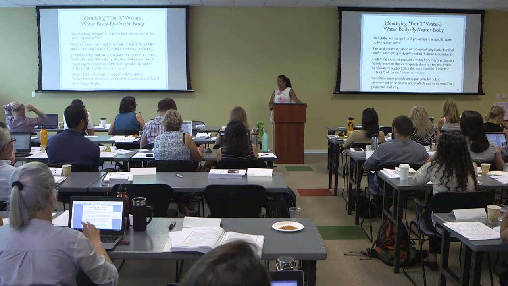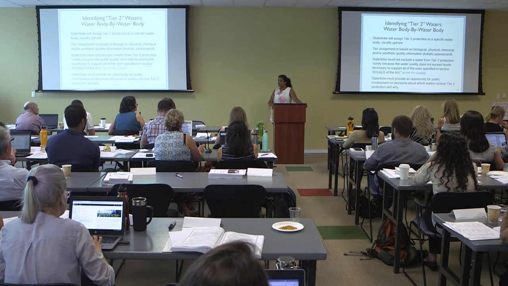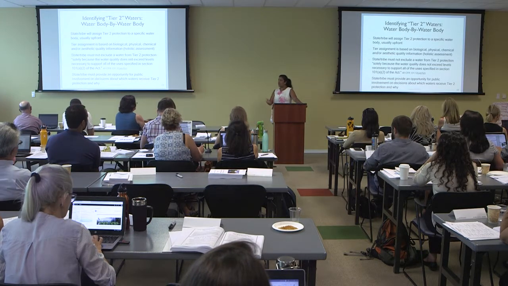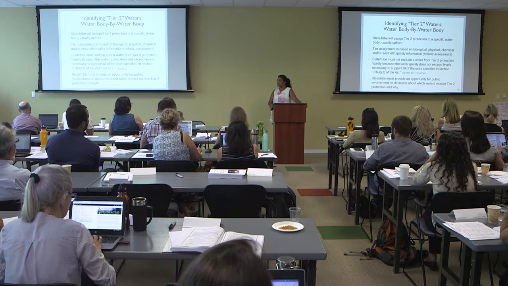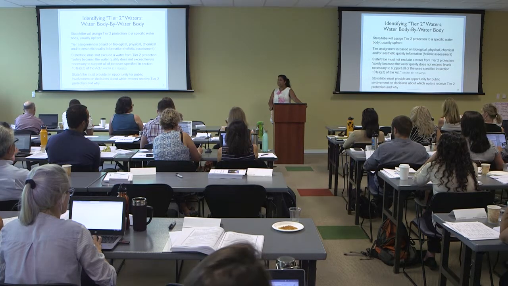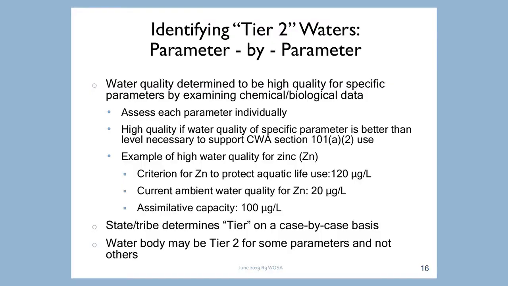Do you guys do your anti-deg tier 2s on a parameter by parameter basis? Yeah, so then for that reason, you wouldn't do it up front. You would do it as the discharge is asking for the authorization to lower the water quality. That's correct. So what California is doing is this approach, where you don't do it up front. If a permit is up for reissuance, at that time, you would say, all right, this permit is looking for